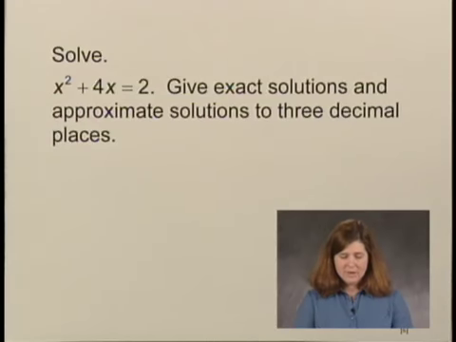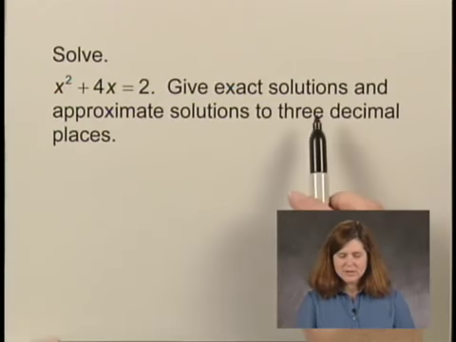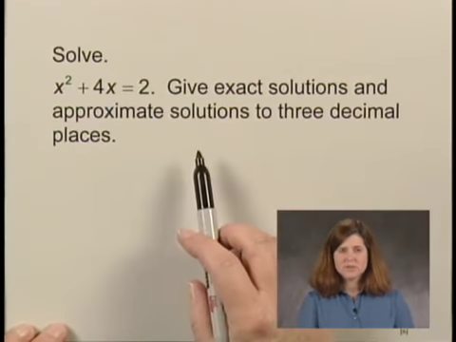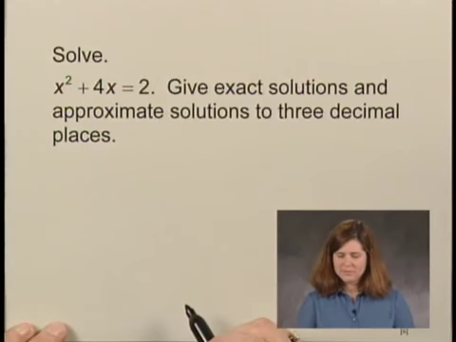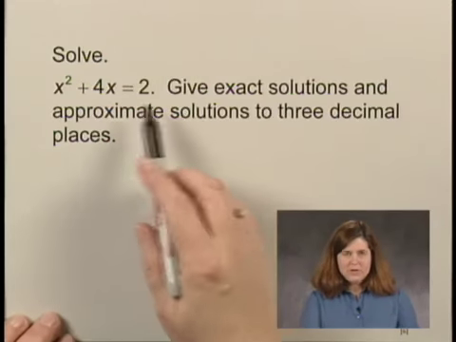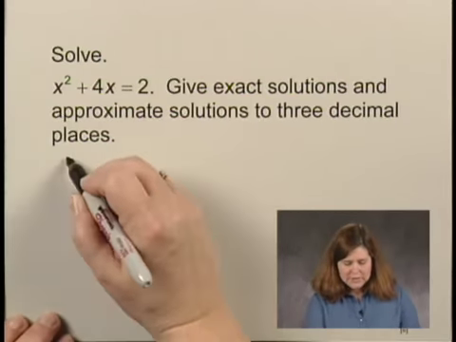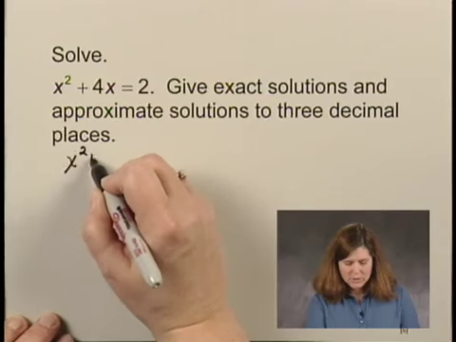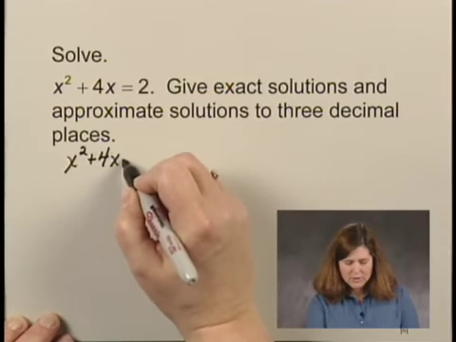We'll now solve a quadratic equation, x squared plus 4x equals 2. We're asked to give exact solutions and approximate solutions to 3 decimal places. When we solve a quadratic equation, we get a 0 on one side of the equation, so we will subtract 2 from both sides of the equation